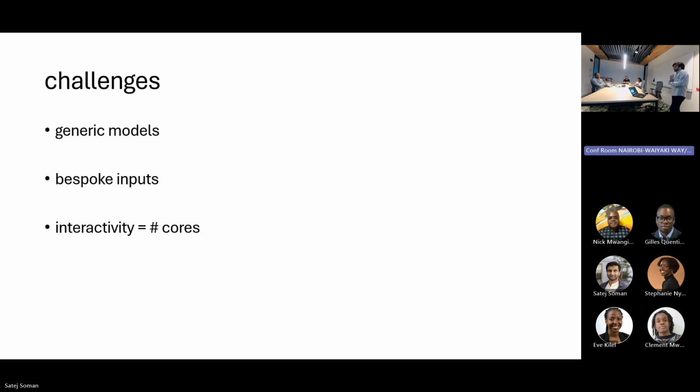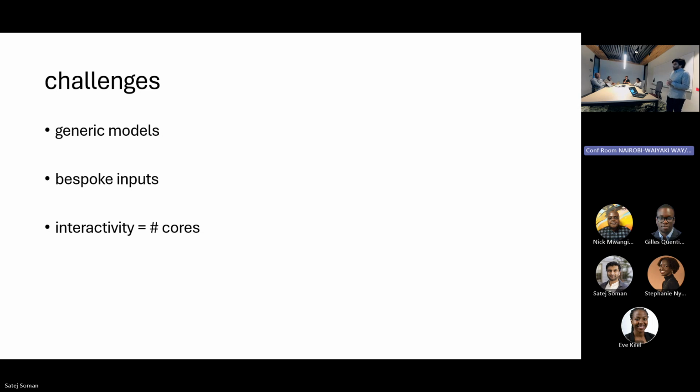The other challenge is bespoke inputs. Right now I've shown you how to pass one snapshot of the user's working window in QGIS through the model. But for really good models, the state of the art in field delineation uses imagery from 2 different data points to understand the differences between the wet and dry season, for example. That's really hard to do in this GUI-driven setup.